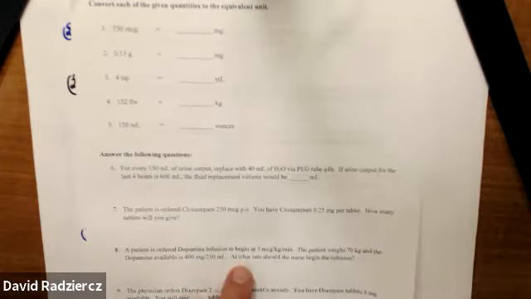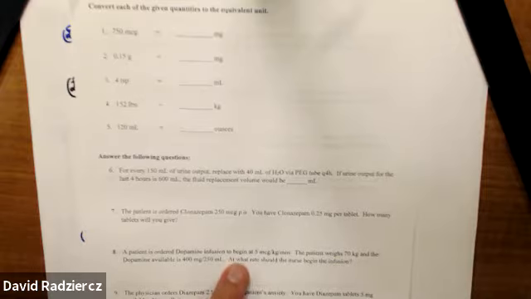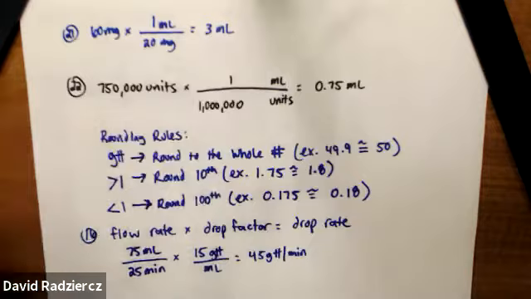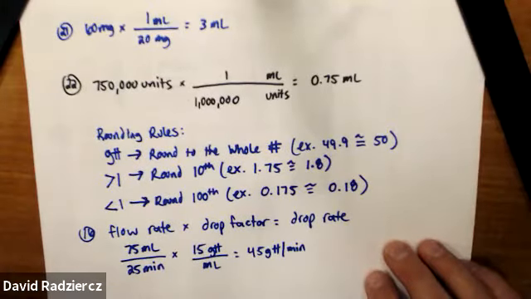Now, it doesn't say specifically, but you should know that we're most likely going to get into milliliters per hour for this question. Okay, so we're calculating flow rates or infusion rates. That's typically going to be in milliliters per hour. If we're talking about a drop rate, it would be drops per minute. So I'm going to answer that question accordingly. So number 8,